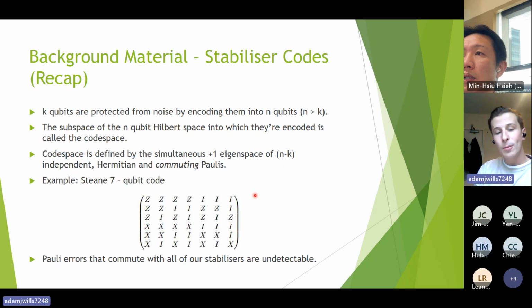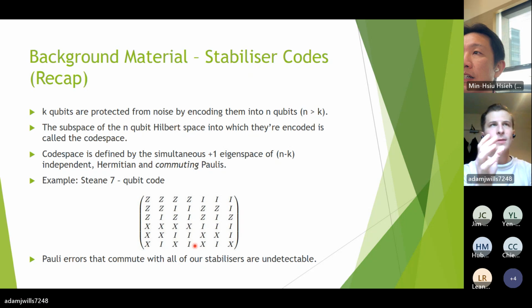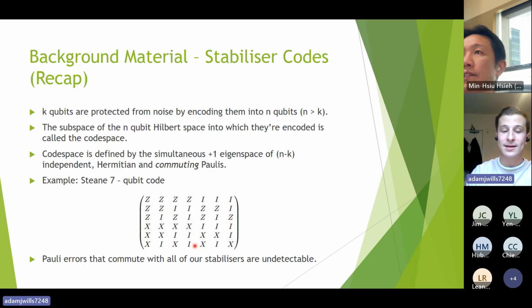Indeed, if a Pauli operation occurs on our code state and it anti-commutes with, let's say, this first stabilizer, then we will for sure measure -1 on that stabilizer. And so the operations that we cannot detect are exactly the Pauli operations that commute with all of our stabilizers. And there'll be two types of those. There'll be the stabilizers themselves, which have no effect, and there'll be the logical operations, which commute with all of our stabilizers, but are not themselves stabilizers. And those are the dangerous ones that we want to avoid. But we can lump them all together into the so-called undetectable operations for now.